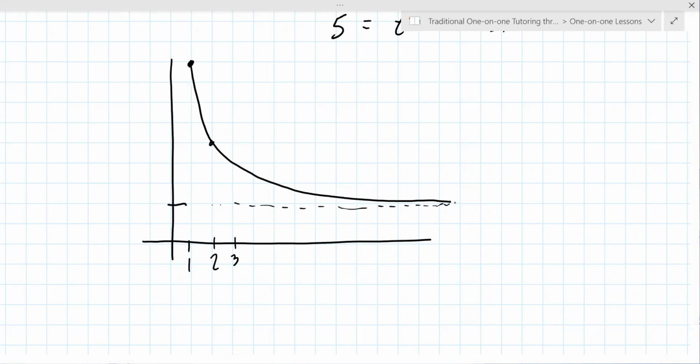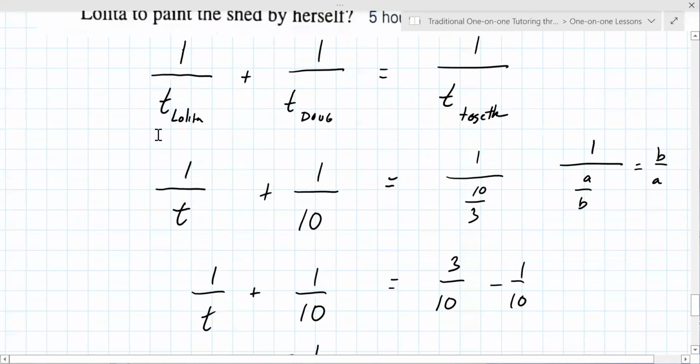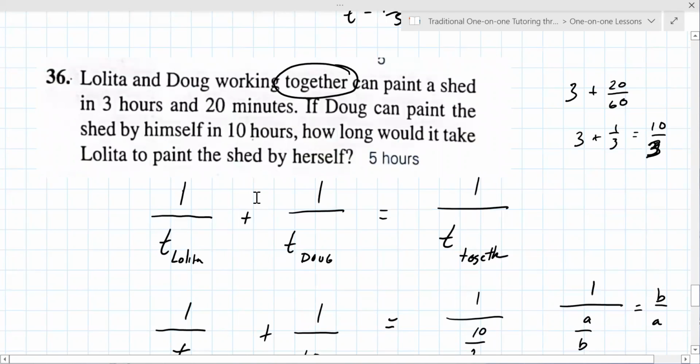So working together, there's still some time that's always going to be needed. Even if you add a third person to this problem, it doesn't go down by as much as you would think. So that's another thing to think about: how many people do we actually need to do this job? Um, if you've ever moved,